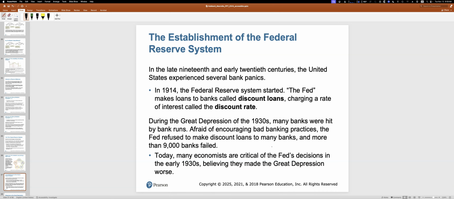And so what we saw during the Great Depression is that banks were failing. The Federal Reserve did nothing. The Federal Reserve did not increase the money supply. And so even more banks failed and the economy suffered. And it really kept suffering until we entered World War II. If you want to learn more about all this, well, then you can take U.S. economic history with me at the Manoa campus.